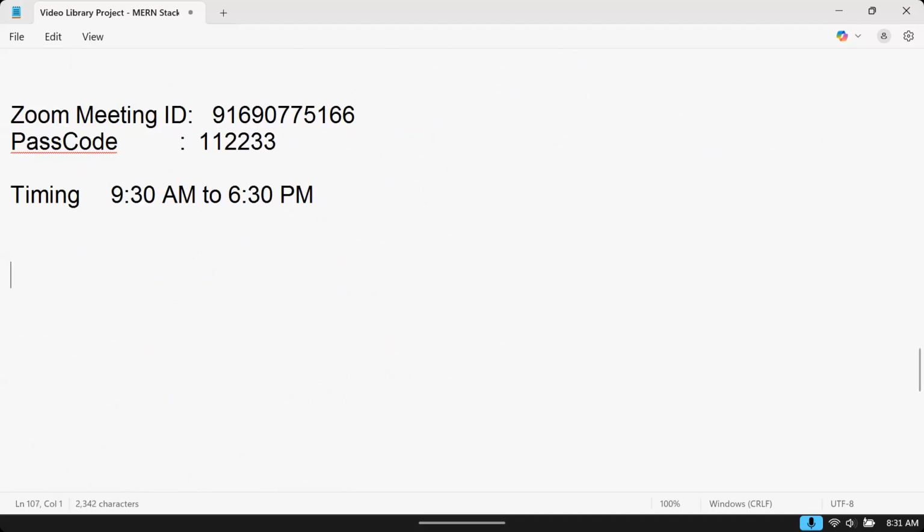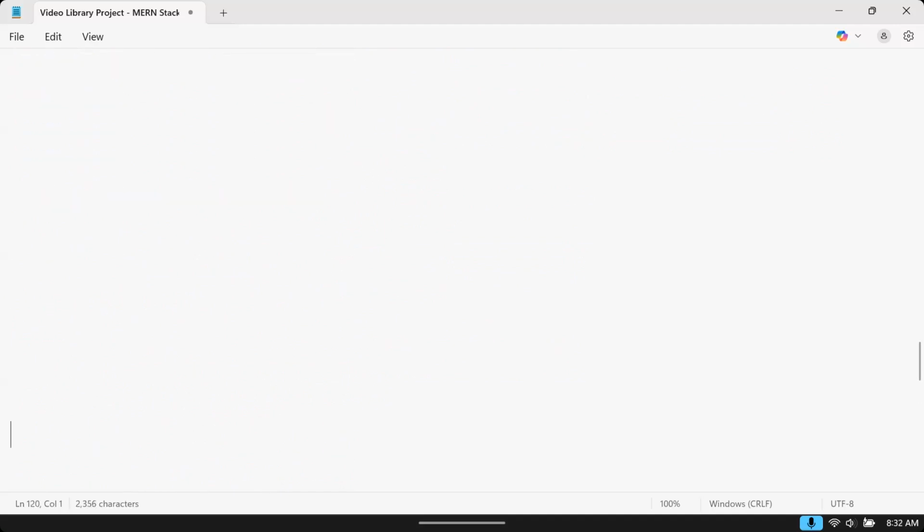Now, after doing this, what we are going to learn is how to create a server side application. We need to learn how to build a server side application,